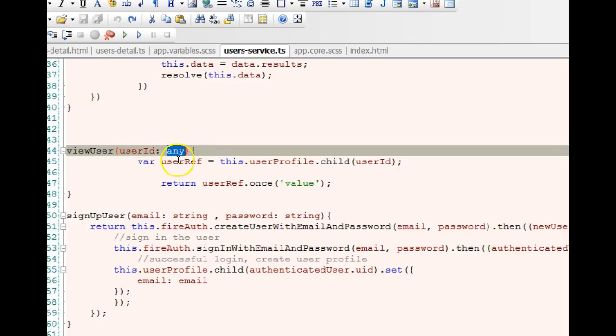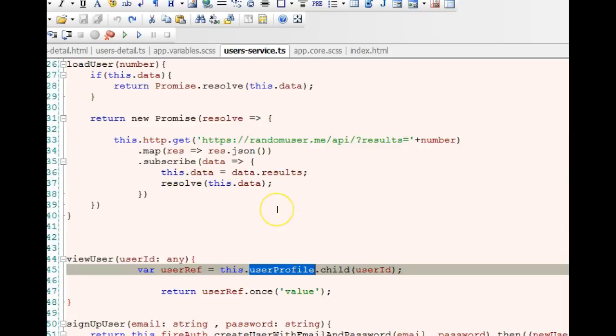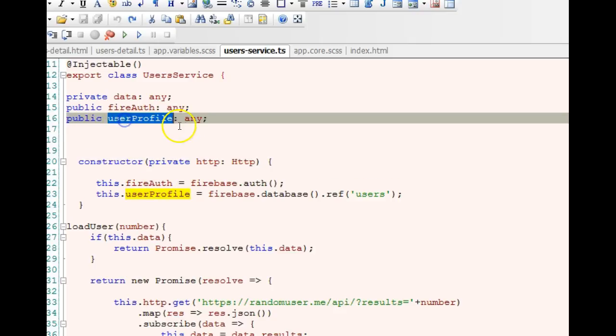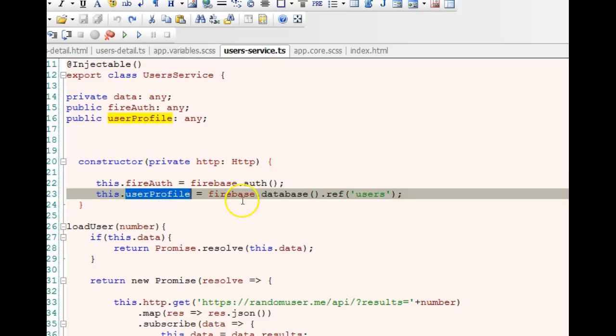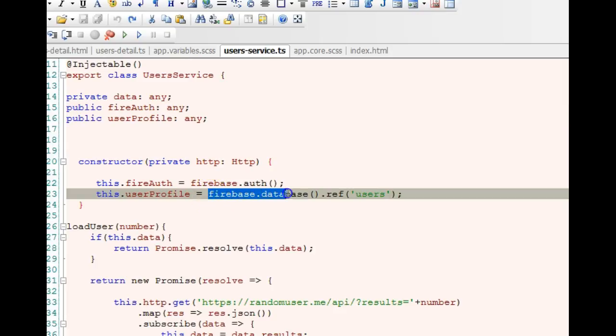And then we have a variable here. I declared a variable and said this user profile the child user ID. So if you click on this and if we come to the constructor, you see where we first declared this variable just above the constructor. You could call yours anything. I just called mine user profile and we assigned a variable to it. Then inside the constructor we have this user profile, and this helps us access this variable. And then we assigned it to a